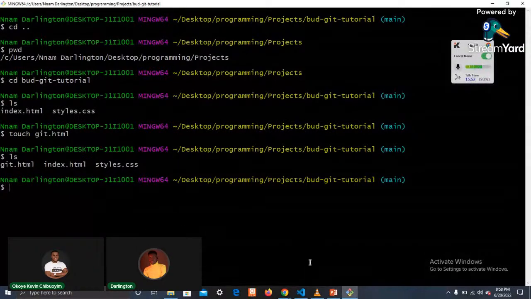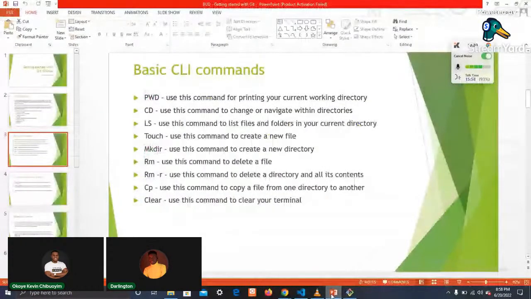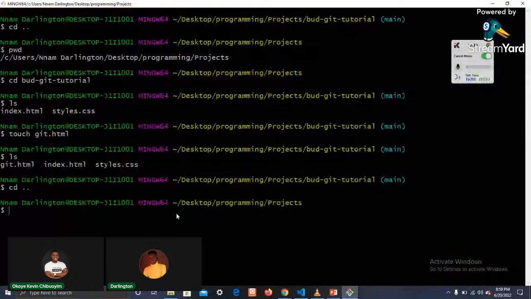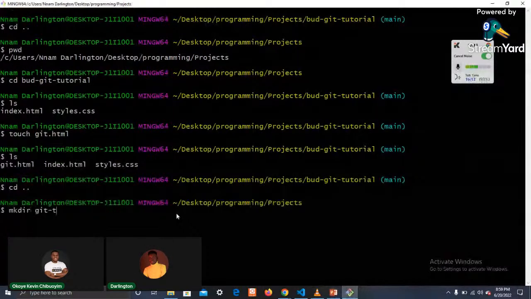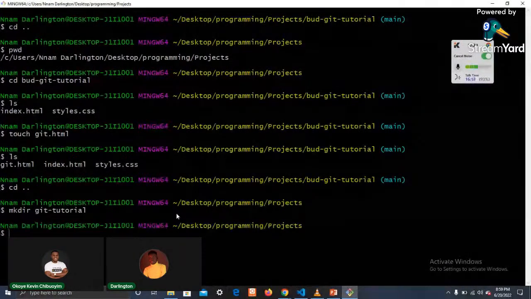We'll also be looking at the make directory command, the mkdir command. This command is very self-explanatory. It's used to create a new directory. Let's say we want to create a new directory. Let's go out of this, and create a new directory called Git tutorial. Once we click enter, that folder will be created.